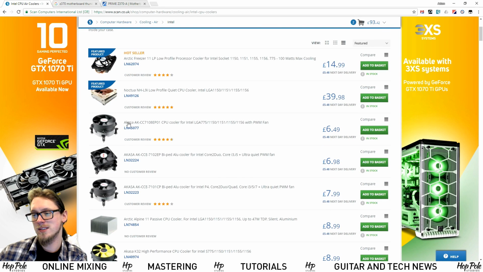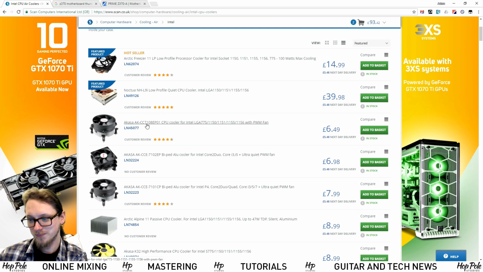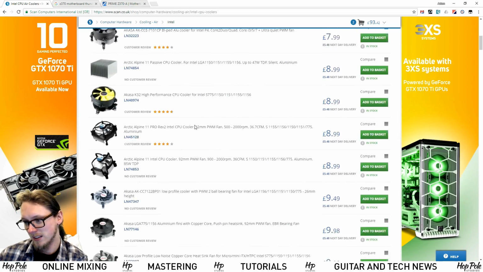Smaller ones like this can't dissipate heat very well, so they will sound like a banshee screaming to die, and your processor will get hot, and it might even have to slow down, and over time this will really not only annoy you, but it will be counterintuitive. So let's go down